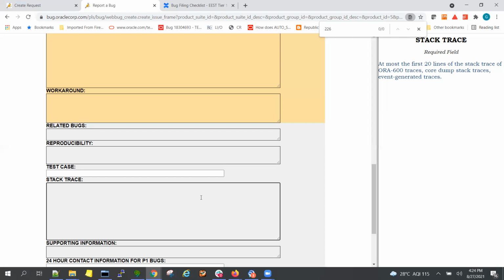But please ensure whatever parameter and fixed control you are testing, or you have given as a test for the customer, ensure that they are all relevant to the issue. Okay, don't give a fixed control which is not relevant to this particular query performance issue. Don't go with an abstract phrase like query performance.